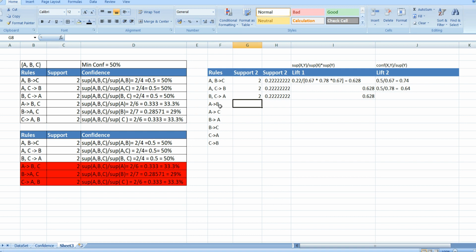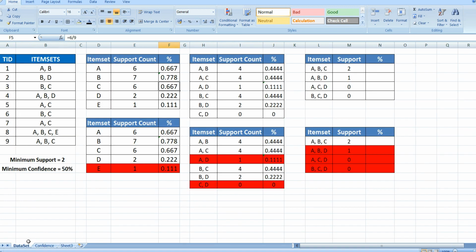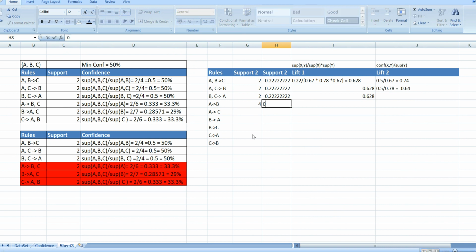What is the support of A and B? Let's take it from the previous. Support of A and B is 4, which is also a 0.444. If we are going to do the calculation using the support divided by the product of the support, what are we going to get? We are going to get 0.44 divided by the product of the support of X, and